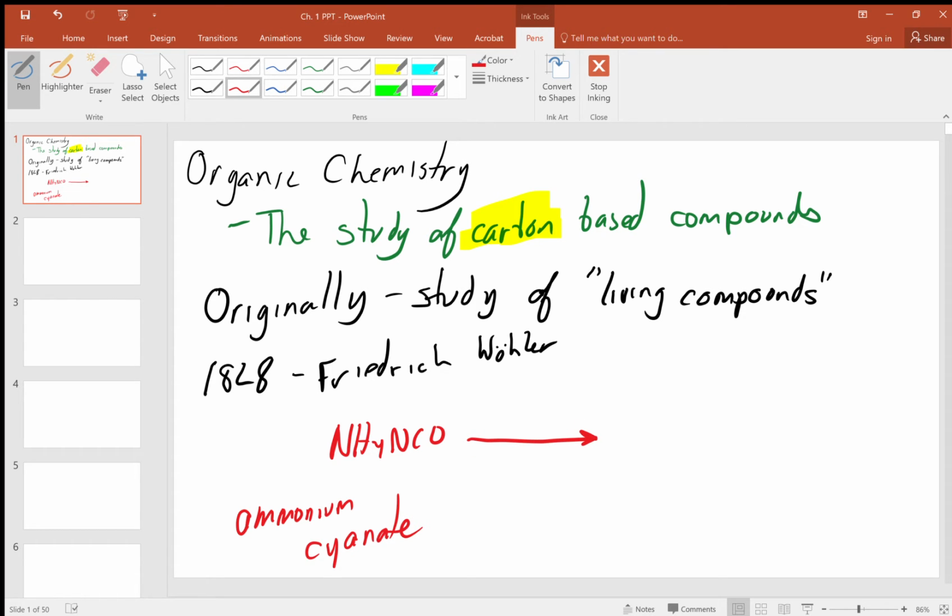And what he did, now almost 200 years later, might not seem that significant or important. But for the field of organic chemistry, it completely changed the way we think of the field. So what he did, he heated it. So this is a symbol you may or may not have seen before, but anytime we put this uppercase delta over an arrow, it means that we've heated the reaction.